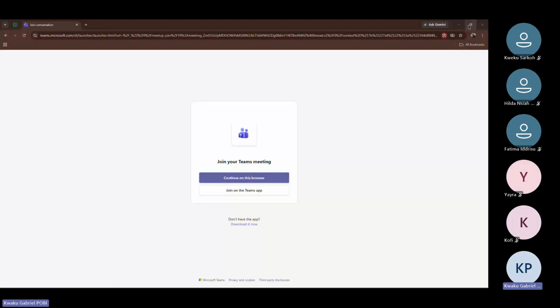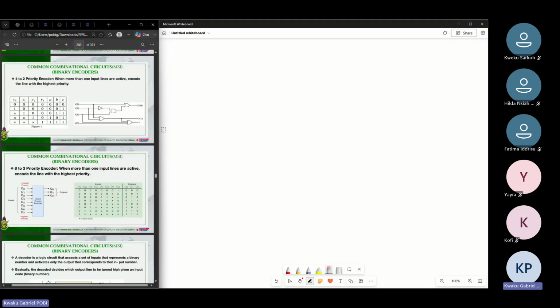So let's start. All right. So we'll start with the encoders for now. Yeah. So for encoders